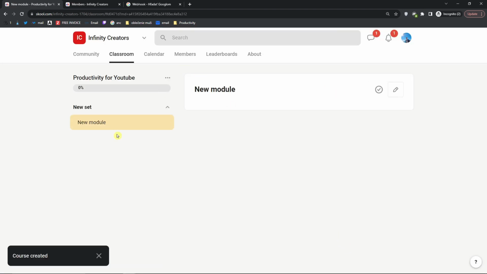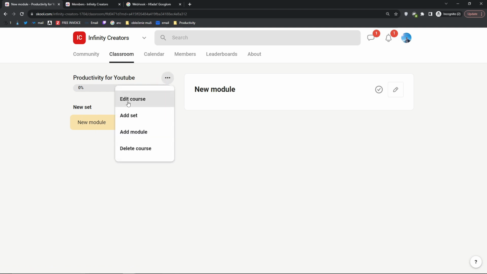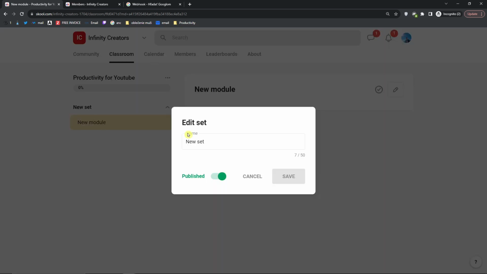Now you're going to have sets and modules. So imagine this is like a section, and then you're going to have a lesson. Module is a lesson. What you can do is you can edit the course, add a set, add a module, or delete a course. So for the new set, I'm going to click here, edit the set,